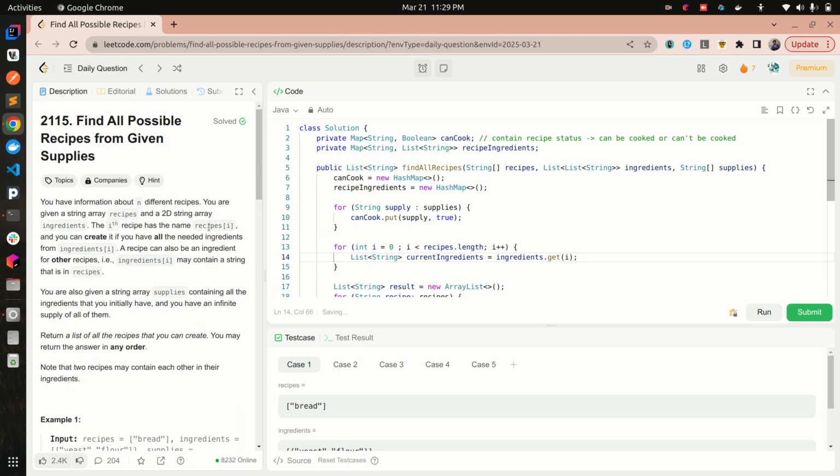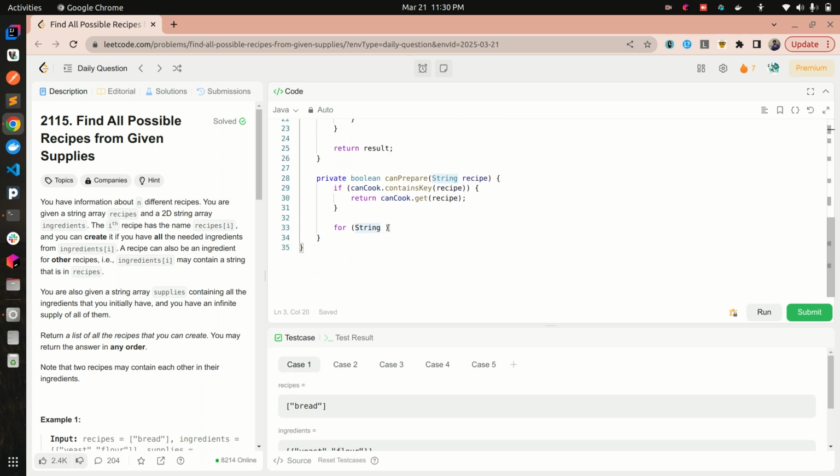Okay, the recipe i ingredients are present at ingredients i. That is what we have taken, and then we have to map recipe ingredients.put(recipes of i, current ingredients). Okay, now that we have prepared the mapping between the recipe and the ingredients, so we can straight away